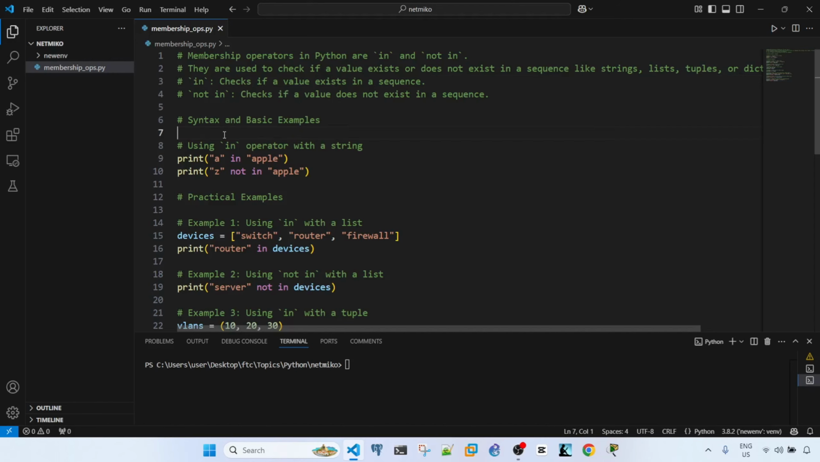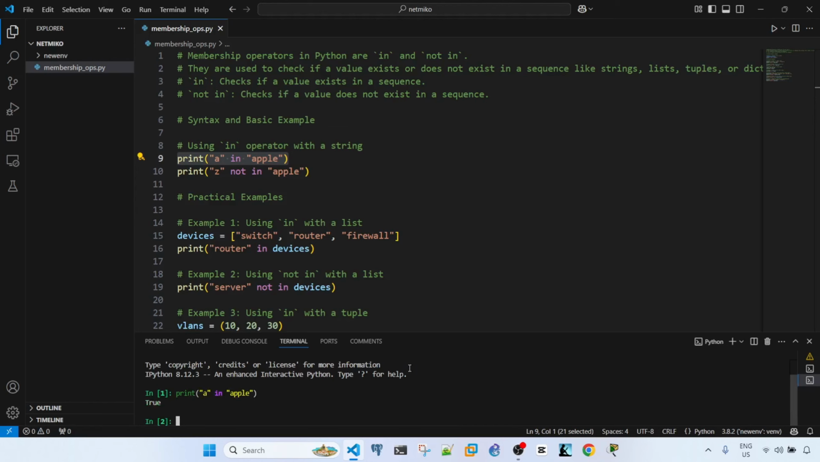And here is the syntax and a basic example. So using the in operator with a string. Here we are just saying check if this character is in this string. So if we copy and paste this into the IPython interpreter, we should see that we get back true because the character A is in the